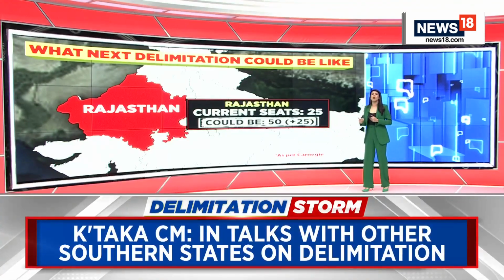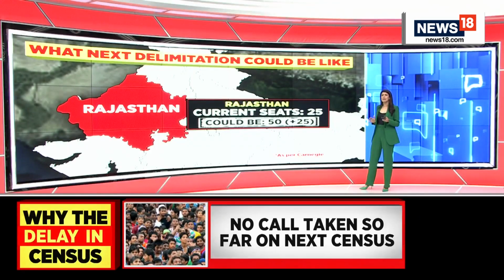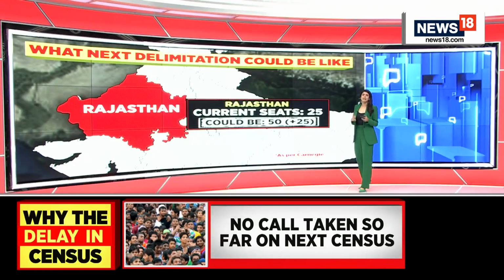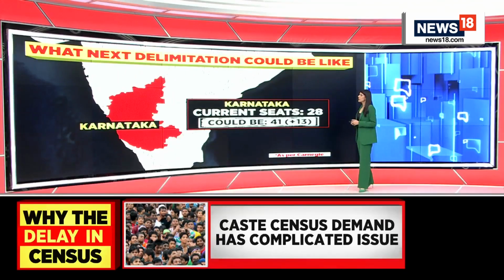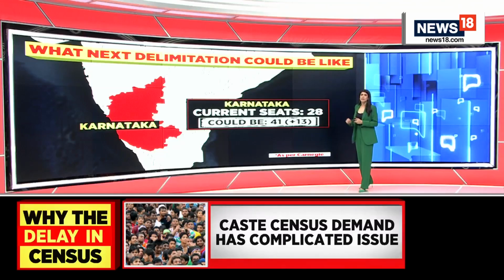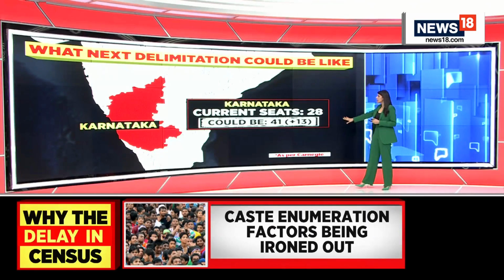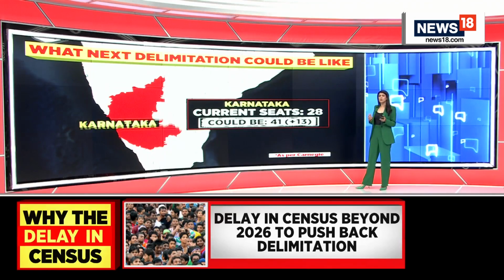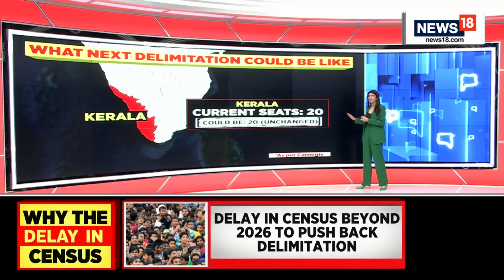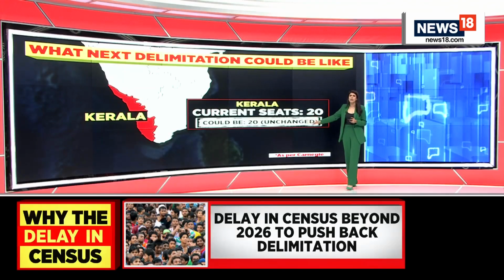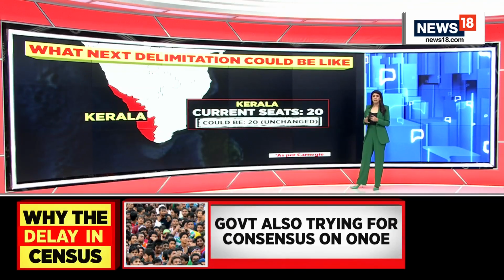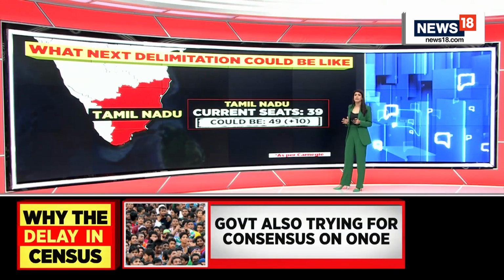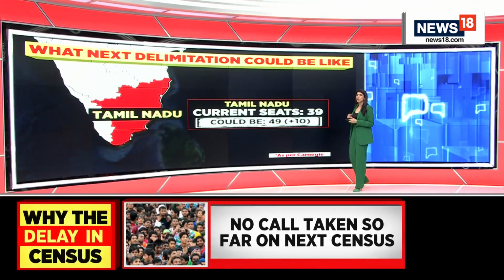While the states in North India are projected to be the top gainers, let's take a look at the southern states as well, which is where the contention from the likes of MK Stalin and Siddaramaiah come in. According to the projection, Karnataka currently has 28 seats, will witness an increase by 13, taking the total to 41. Moving on to Kerala, here interestingly, this particular report says that the number of seats will remain unchanged. So no changes really, perhaps limited to 1 or 2. That will have to be followed very closely. In Tamil Nadu, very interesting, the report suggests an uptick of 10 seats, taking the total tally to 49.